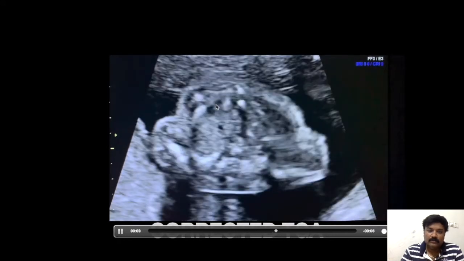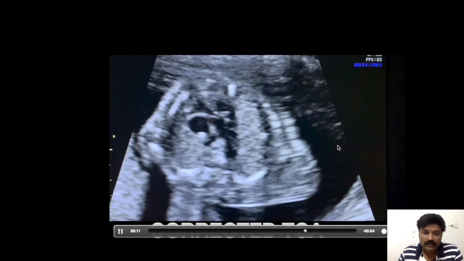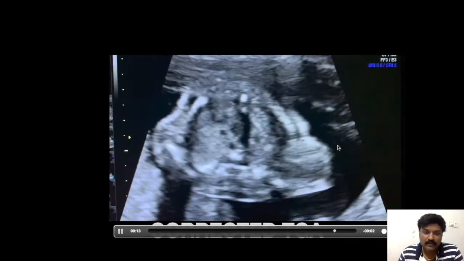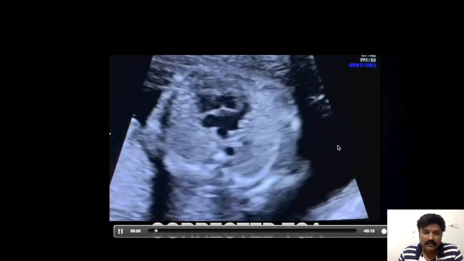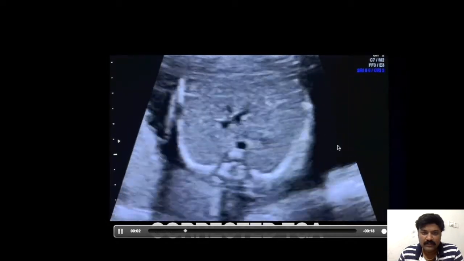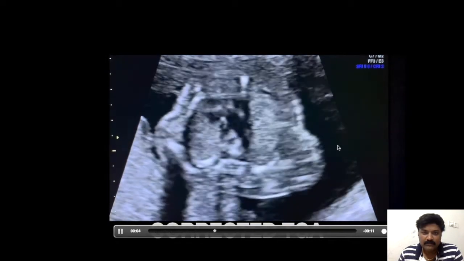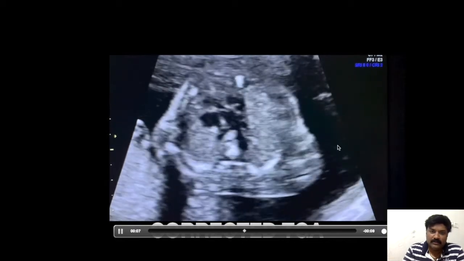So both atrioventricular discordance and ventricular-arterial discordance is seen. In this case, it is diagnosed as corrected TGA with parallel coursing great arteries.